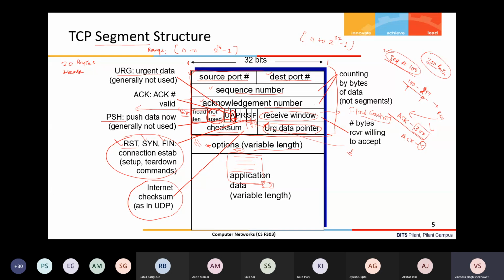That would increase my overhead, because this 20 byte header is basically an overhead. Suppose the application is sending only 10 bytes of data, the 20 byte header will always go with that. Even in the worst case of 1 byte of application level data sent by the transport layer sender, the 20 byte header is compulsory. So we want to minimize the header as much as possible, without compromising reliability or any other feature.